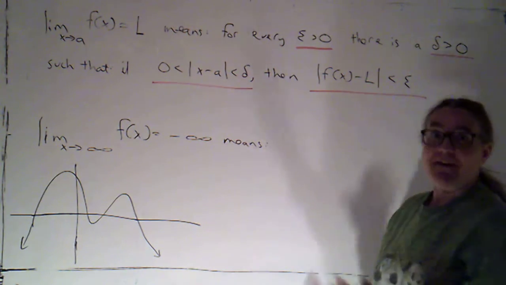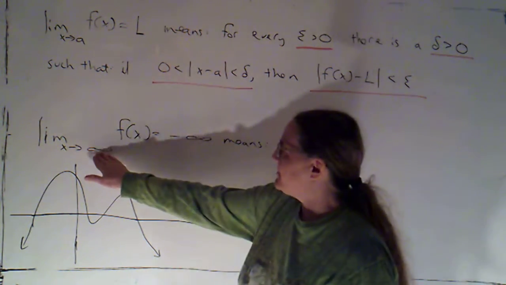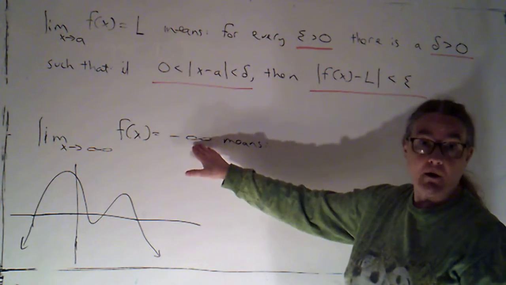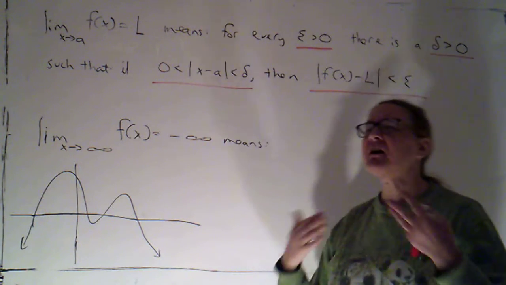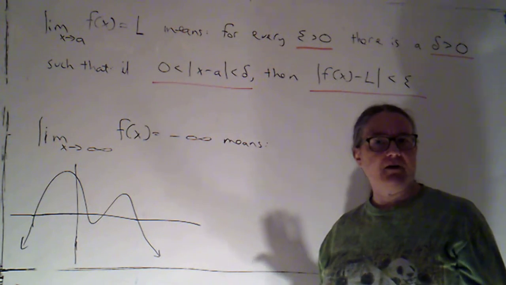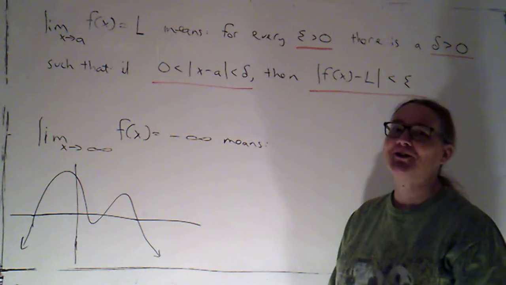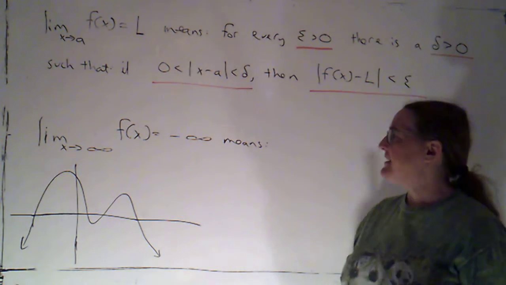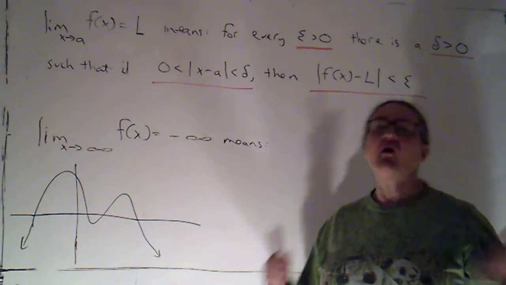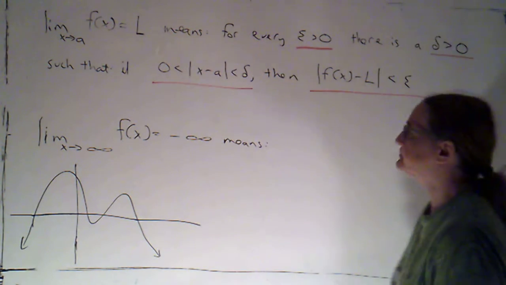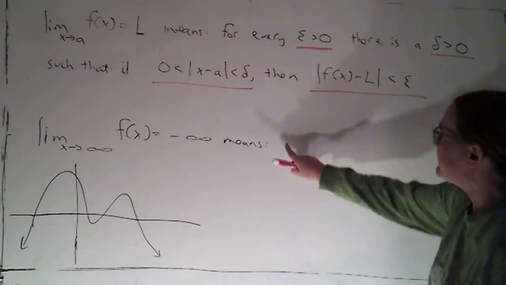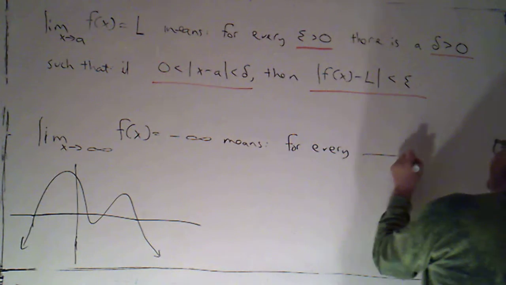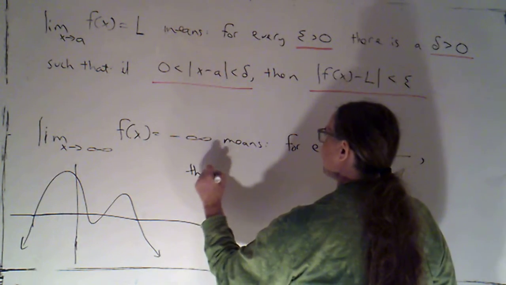Now, obviously, there are variations on this. X could be going to infinity or negative infinity, and the limit could be positive or negative infinity. I'm not going to write out all 4 different variations. You're responsible for all of them. But the basic idea is you just modify things depending on whether you're getting big and positive or big and negative. All right. So this is going to mean basically that for every blank, there's a blank